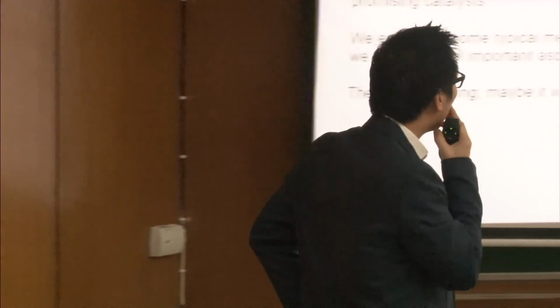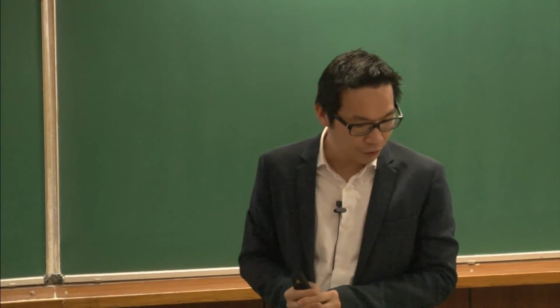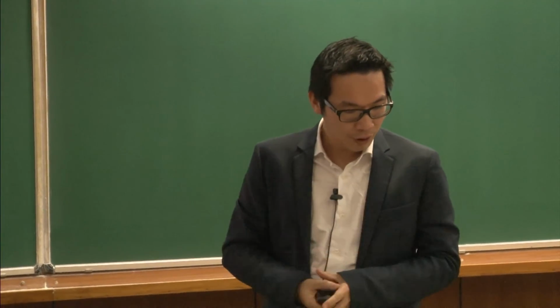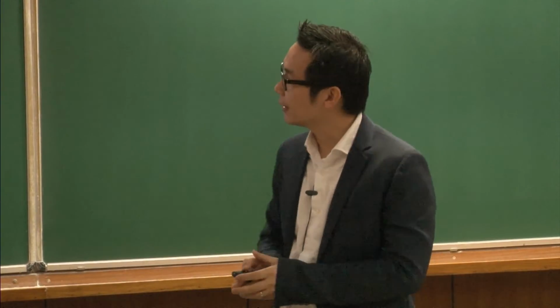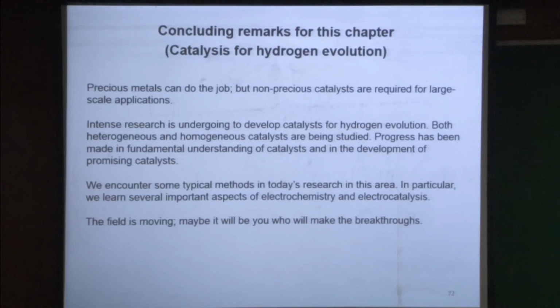So with that, I will summarize the whole chapter on hydrogen evolution. I hope I showed you examples of different kinds of research in this area. I already mentioned that precious metals can do the work, but they are too precious, and there are many groups in the world doing intense research in different areas, both heterogeneous and homogeneous, and some people even doing enzymatic studies. We now have a lot of progress in this area, and these kinds of methods and technologies have been established